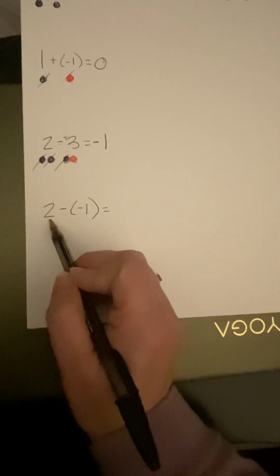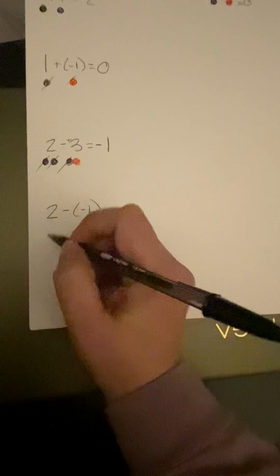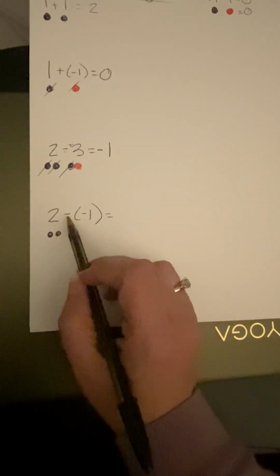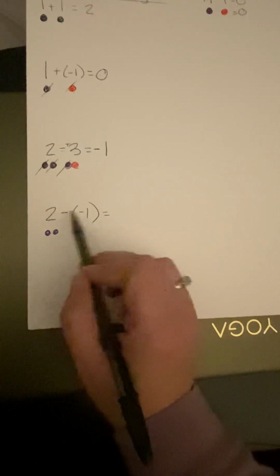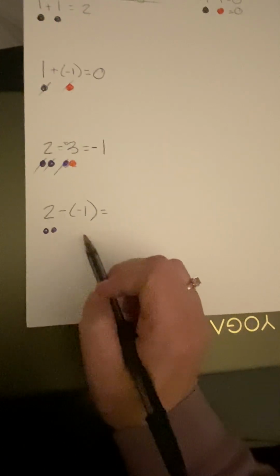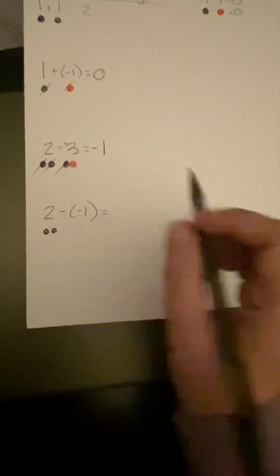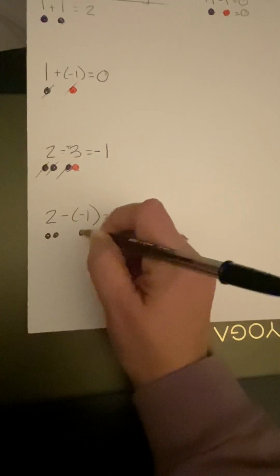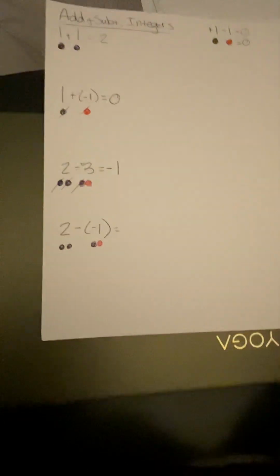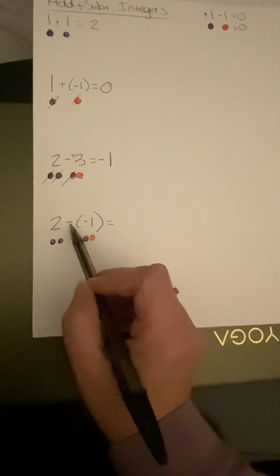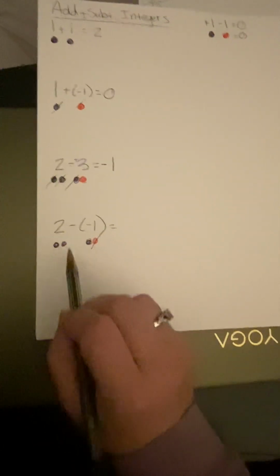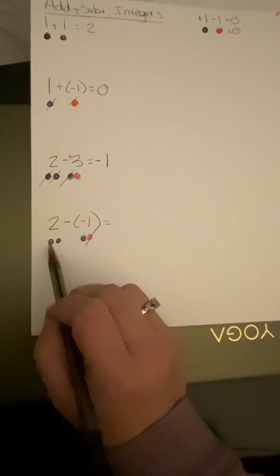For this next example here, we start with +2, so that's 2 positive integer chips. I want to take away, because I'm subtracting, -1. I want to take away a negative integer chip, but I don't have any negative integer chips. So this is where I'm going to add in a zero pair. Now you see I have a -1 that I can take away. So if I take that one away, I'm left with